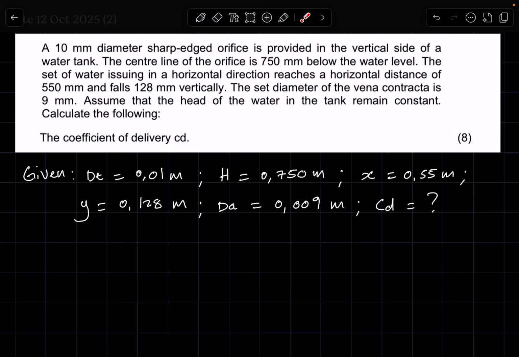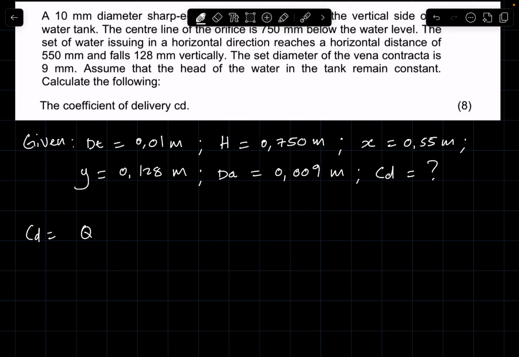So in every problem that you might be looking at, in unpacking what it is that you have and what it is that they're looking for, you have to consider how you are going to get to what they are looking for. And remember how this is calculated. So CD is calculated either using the discharge,